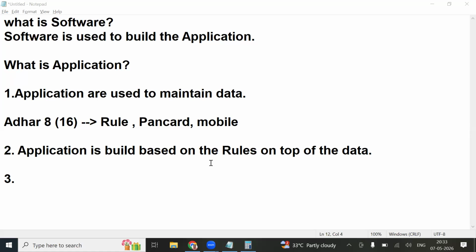So to collect data from an unknown person, we need an application. To build an application, we need to learn a technology, a programming language. Do you all agree?